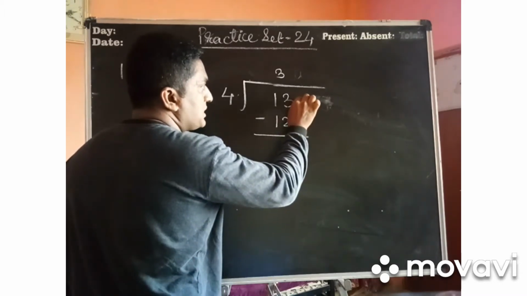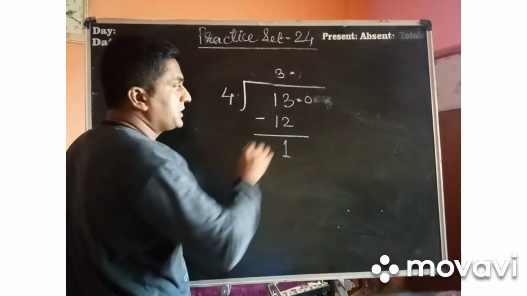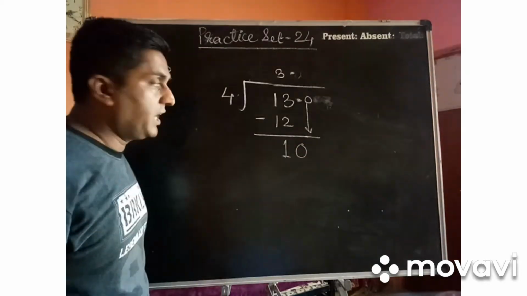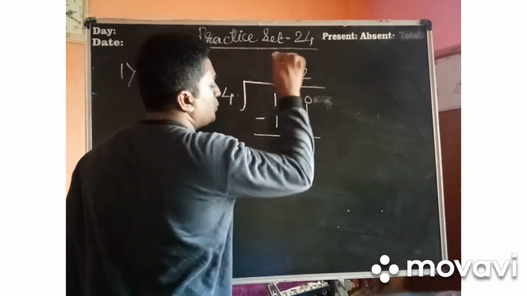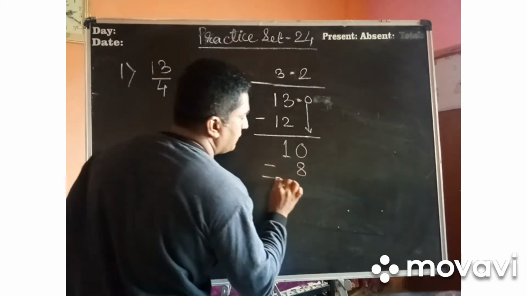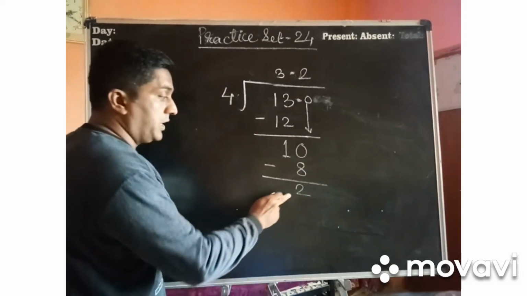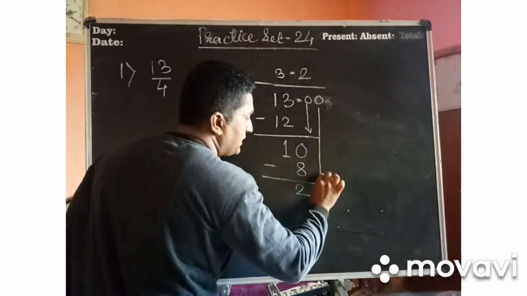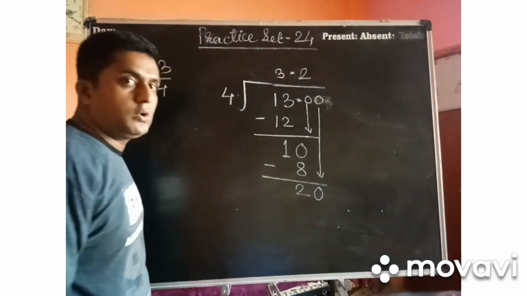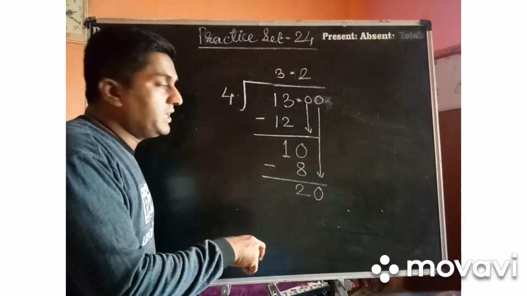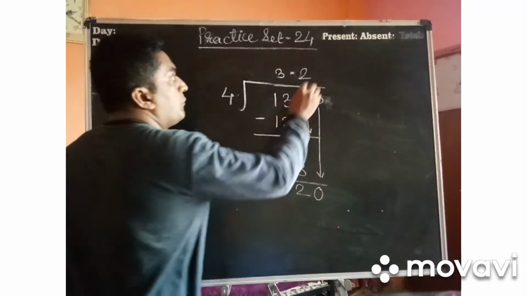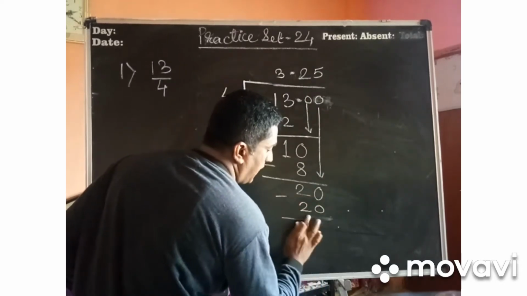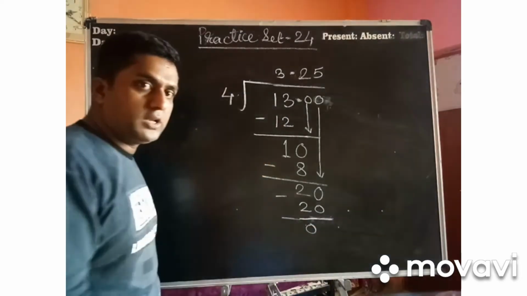Now this decimal point has to be taken in the quotient, and this 0 has to be dragged down. In the second stage you have got here 10, and then 4 2s are 8, and here subtract the given numbers, you will get 2 again here. Is it over? No, it is not over. Let us take one more 0 here. Drag this 0 down, it becomes 20. Does the number 20 come in the table of 4? Yes, it comes. 4 5s are 20, and here the remainder is 0, and your answer is over.